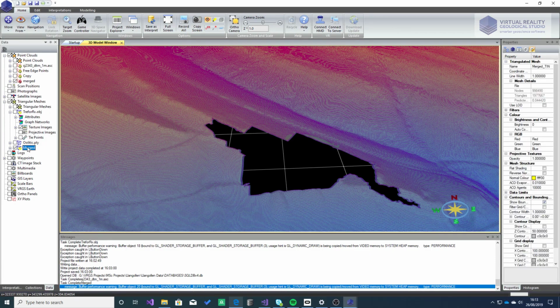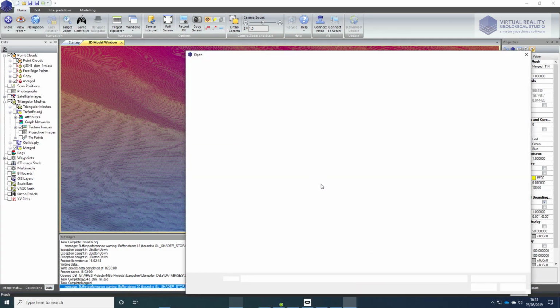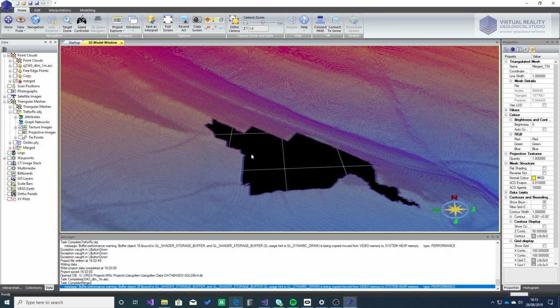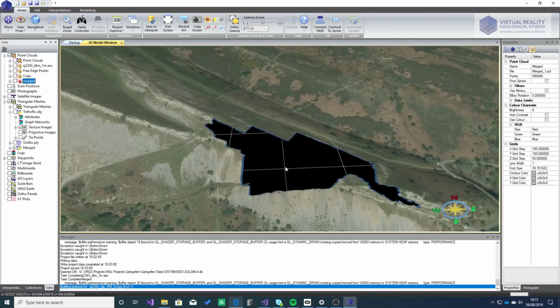So on our new mesh, we can now right click, and I'm going to import my texture map, which I happen to have in there already. Give it a moment or two. You see it's building the texture at the moment. There's our texture,